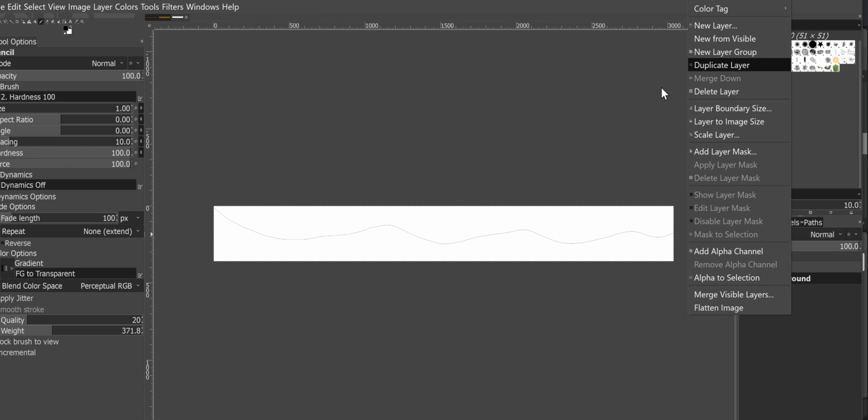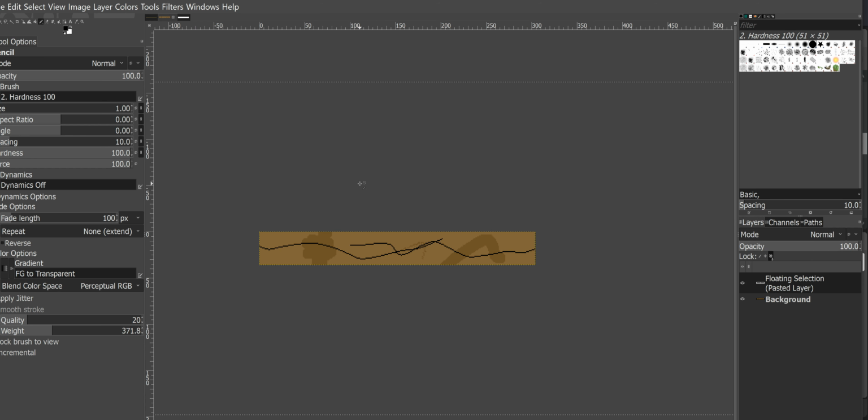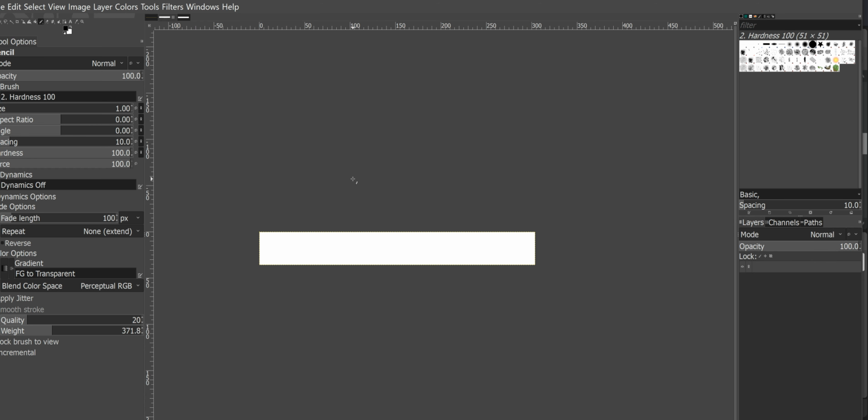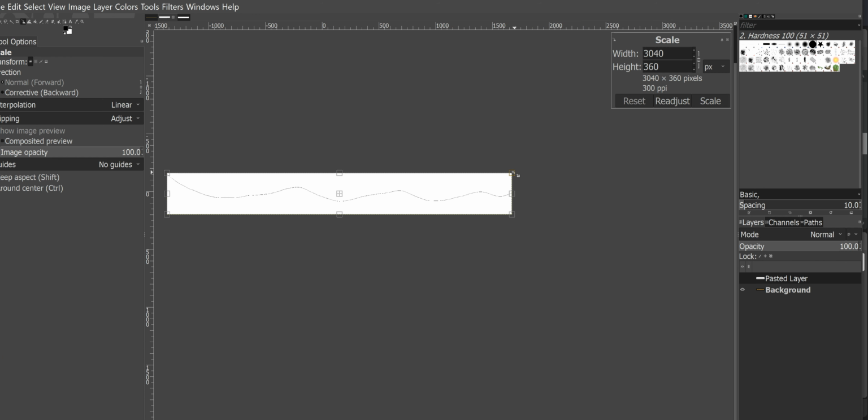Well, it should have just let us drag into it. But let's just do Control Copy, Control Paste, and we're going to move it to a new layer. So now that we know that this is the image size that we would need,